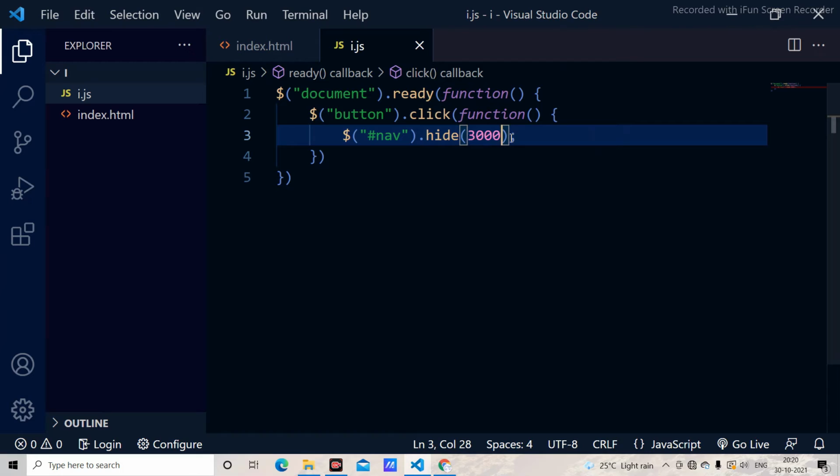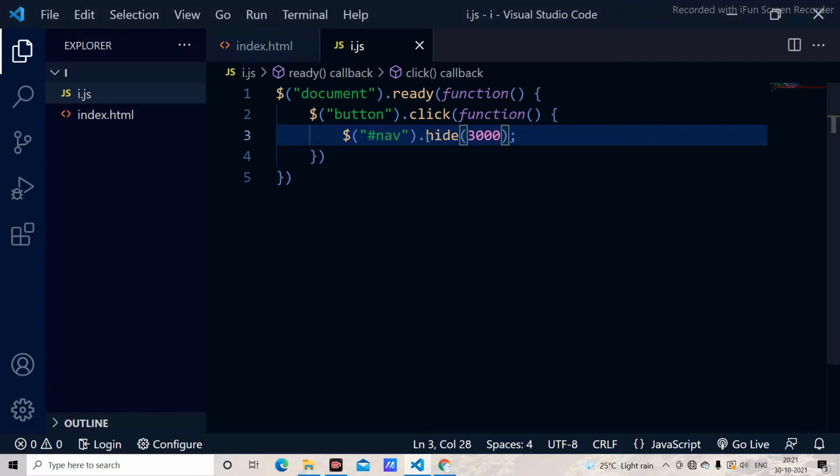Therefore I am mentioning 3000 milliseconds, which means 3 seconds. And whenever a user clicks this button, it is going to give a transition and it is going to disappear. For example, as you can have a look at here, it is going to disappear. And this is how we go with the speed.